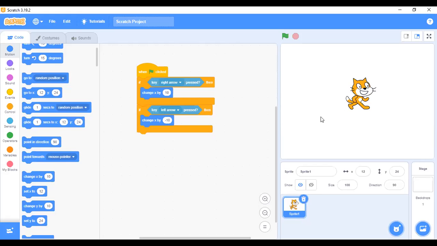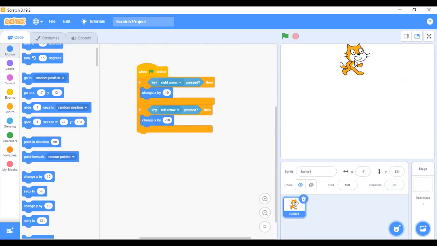Do you understand that? Anything that has to do with the left side, I think this is the left side on the stage. This is the up, this is the down. As far as the down and the left side is concerned, if you're using a value for them, it must be negative. Watch what I'm trying to explain. Look at this coordinate that we have here. We have X 12, Y 24. If I move this sprite, I click on it and move it back. Look at what happens. X and Y is -4 because I moved it towards the left. If I move it forward, X and Y equals 139 and 18. That is a positive value.